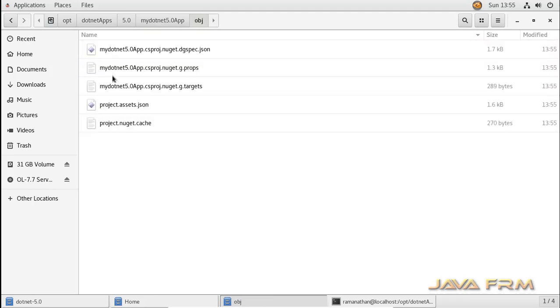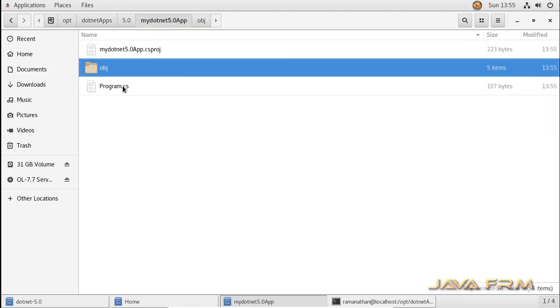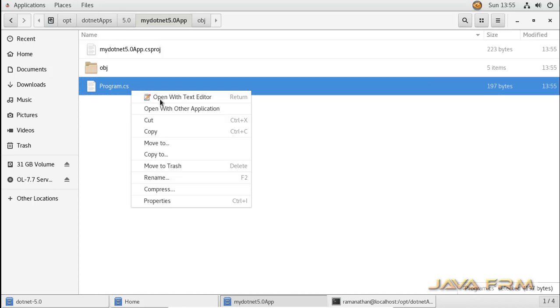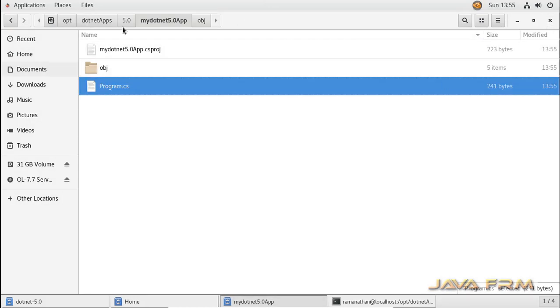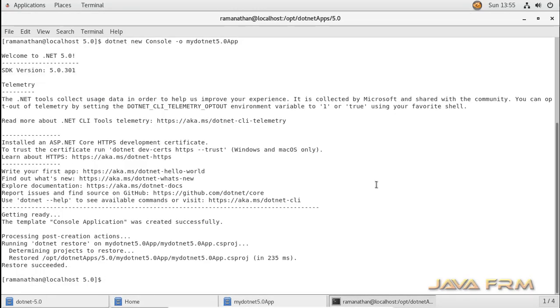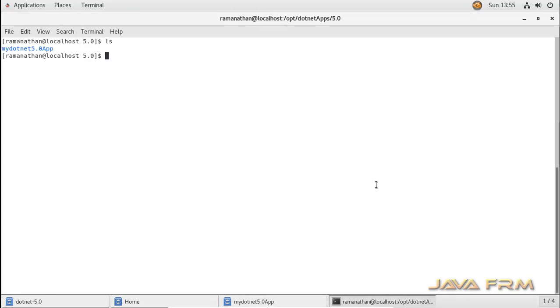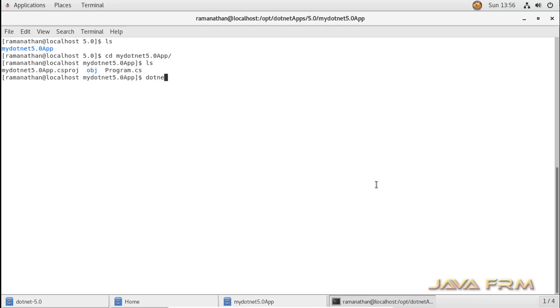You can see that these are the files generated. Let us open Program.cs. So it's the auto generated file. So we are going to modify this file to print hello world. So you can add extra logic to this program if you are an expert in C#. So now I am going to run this program. Go into the directory, just type dotnet run.